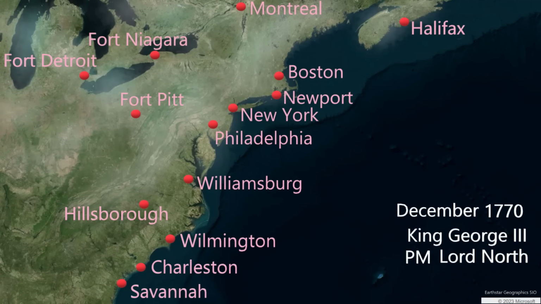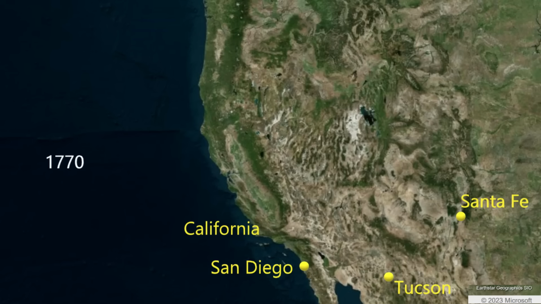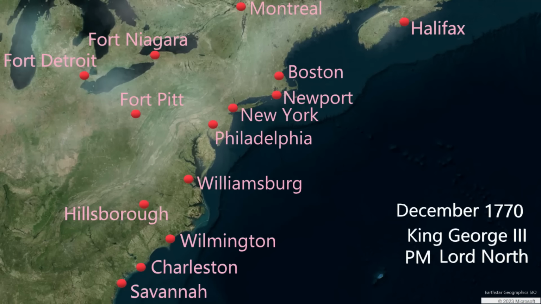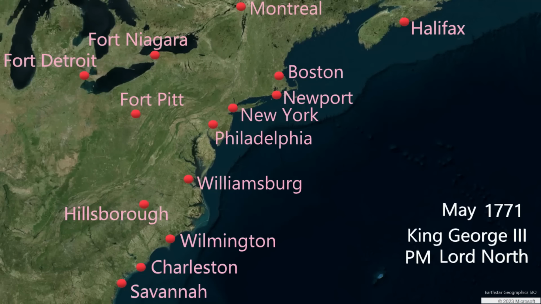December 1770. 2 soldiers involved in the Boston Massacre are found guilty of manslaughter. We will slide west to the Pacific coast. In 1770, Father Serra has established another mission in California, this one at Monterey. Monterey will serve as the capital for the Spanish in the region. Thus, the 1770s are critical in the history of both the East Coast and the West Coast. We will slide back to the Atlantic Ocean. 1770 comes to an end.